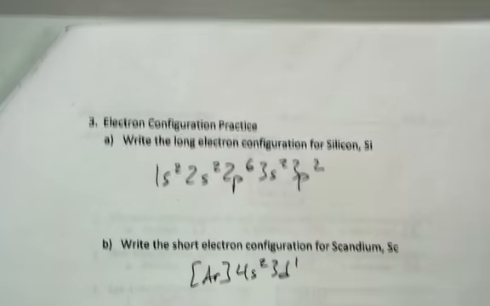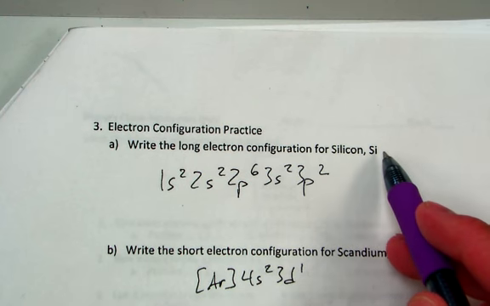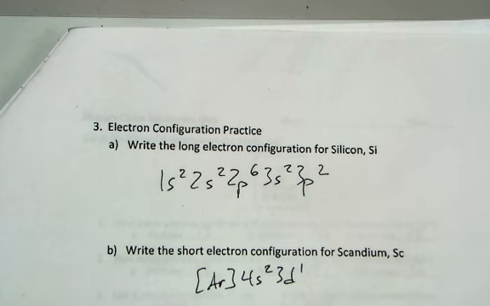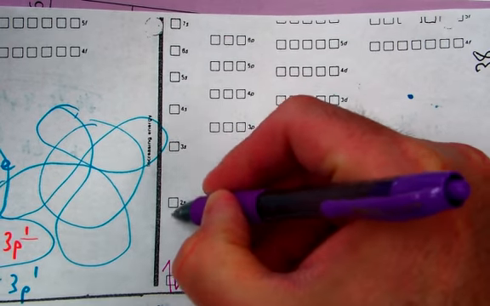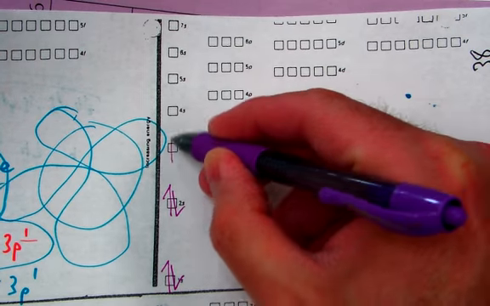Electron configuration for silicon. We could use the electron boxes for this, or you can use the periodic table. Here's how you do the boxes. You're going to look up, and silicon has 14 electrons, if I remember correctly. Yep, because it's atomic number 14. So you would need to put 14 electrons in here. You go 1, 2, 3, 4, 5, 6, 7, 8, 9, 10, 11, 12, 13,